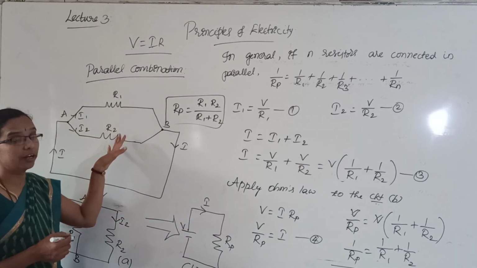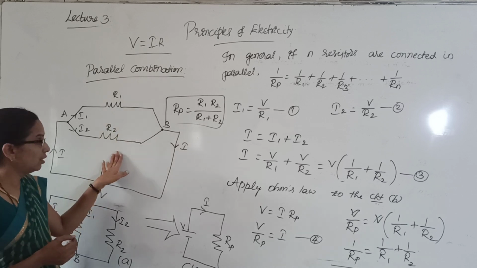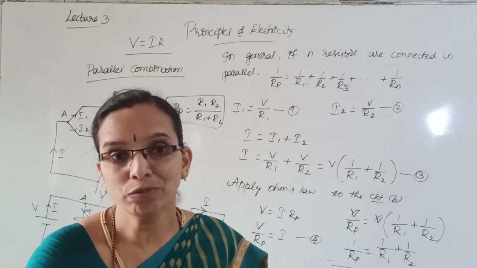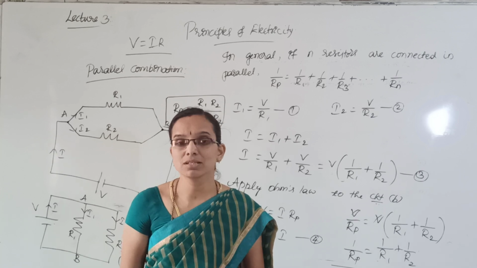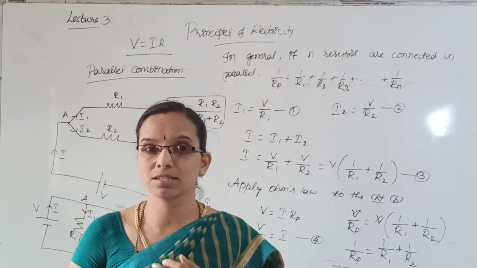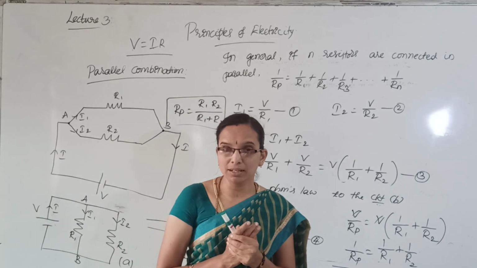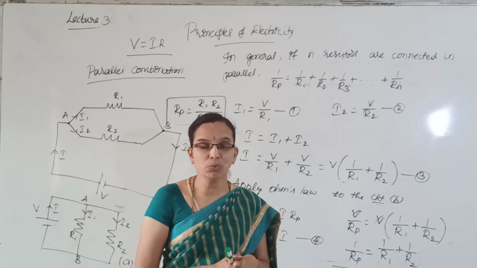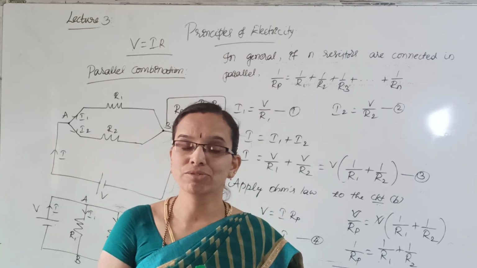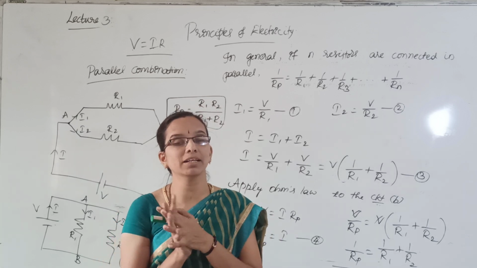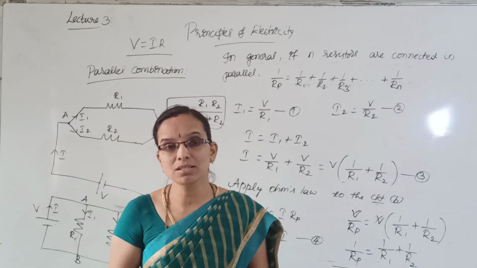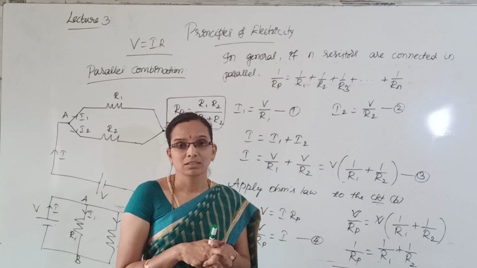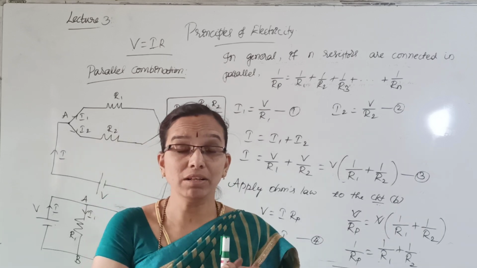When two resistors connected in parallel are of equal value, then the effective value of resistance will be equal to half of the value of the resistance. If three resistors are connected in parallel of equal value of resistance, then the effective value will be equal to 1/3 of the value of resistance. If n resistors are connected in parallel, then the effective value of the resistance will always be equal to 1 by nth of the value of resistance, equal value of resistance.